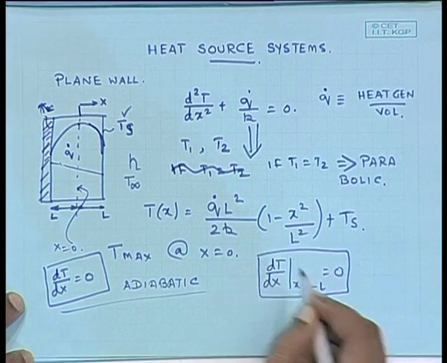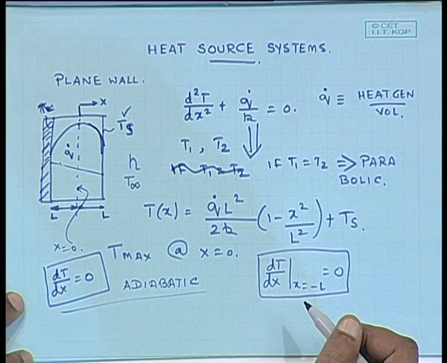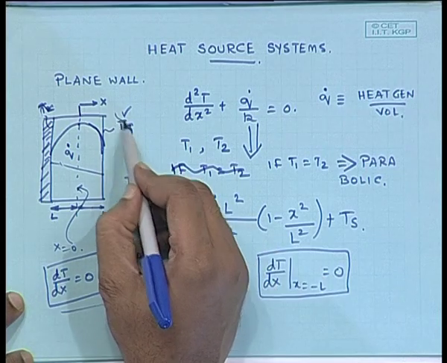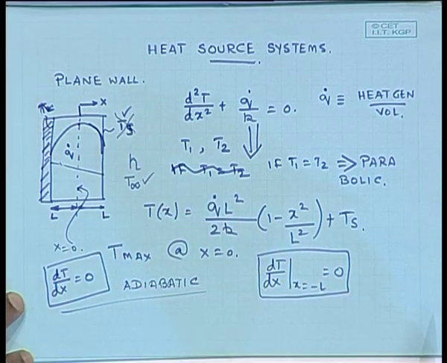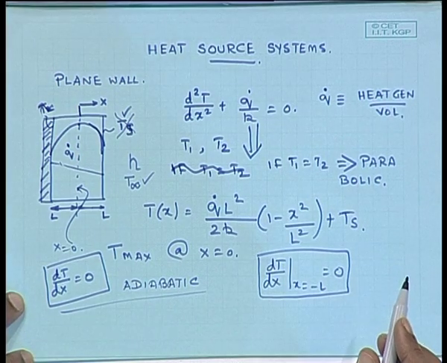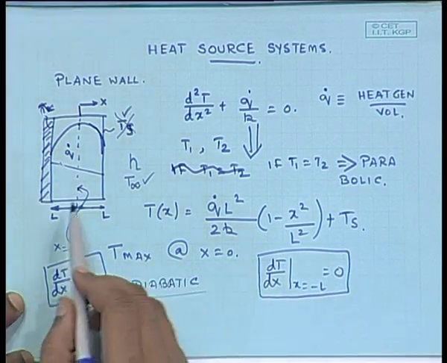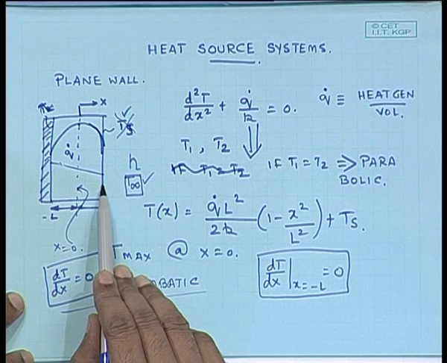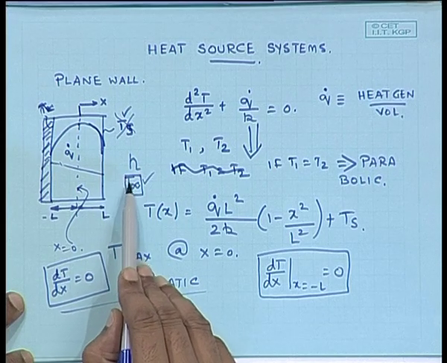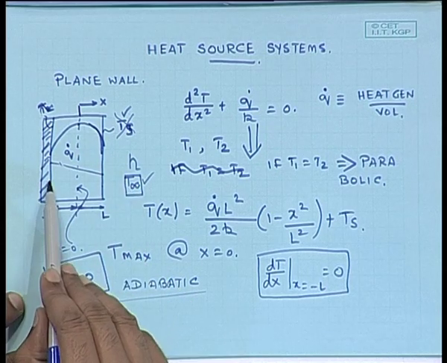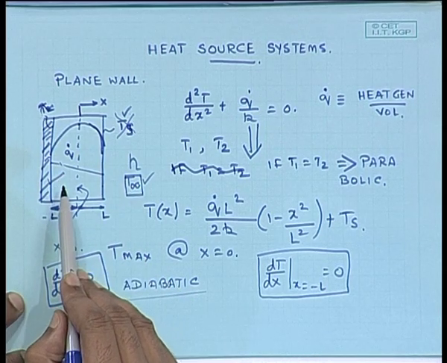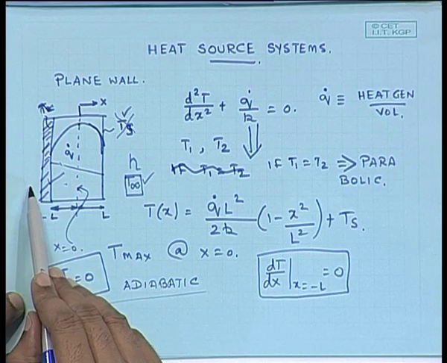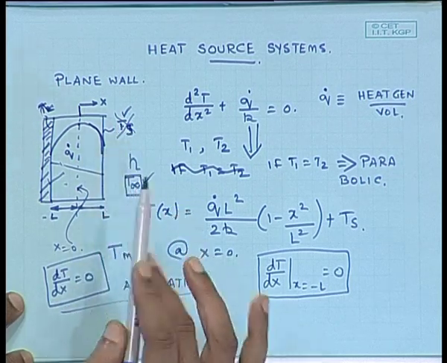Any other condition which you can use? Suppose Ts is unknown, but T infinity is known to you. So, at x equal to minus L, this is your minus L, and your T infinity is this temperature, which is far from the wall. Suppose it is in contact with air, it is a bulk air temperature. You have already identified one condition using the perfect insulation case, which is dT dx equal to 0, no heat can cross this surface. Now, Ts is also unknown to you. So, how do you find out T infinity?